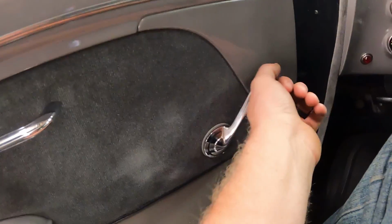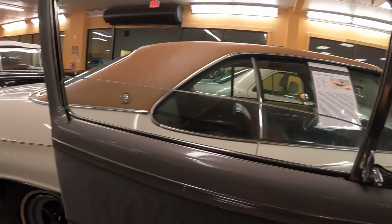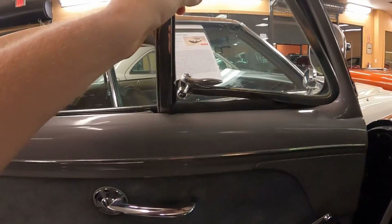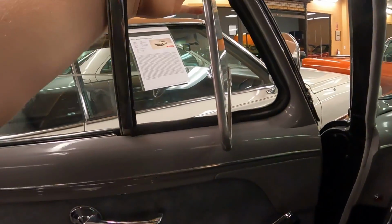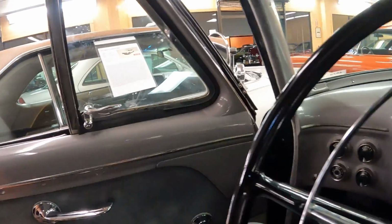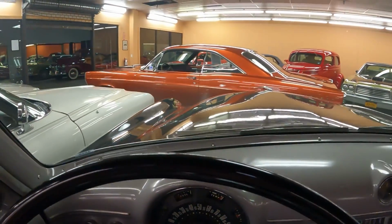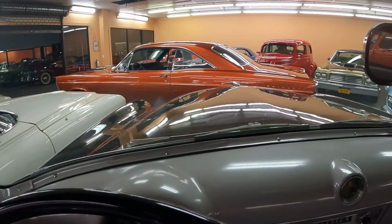This is the window crank for the big window. And that's how it operates. And the vent windows open up like this. And they open up all of the way. Nice quality shut. Here is what the over the hood impression looks like, and it looks absolutely incredible from behind